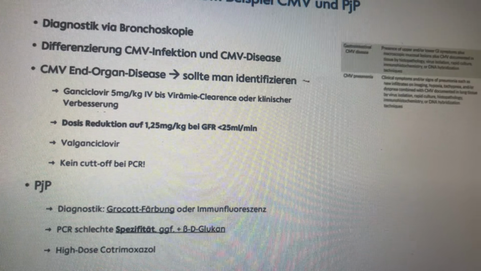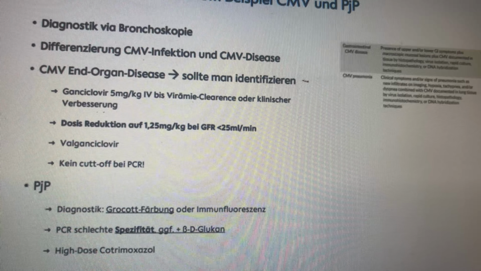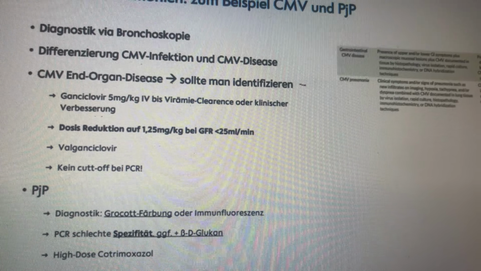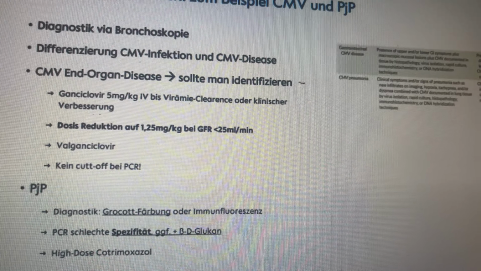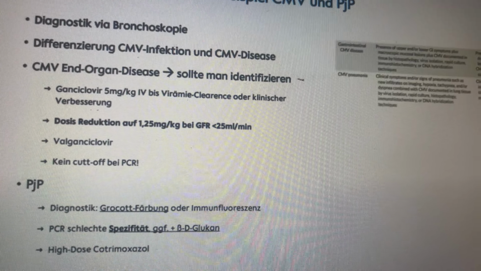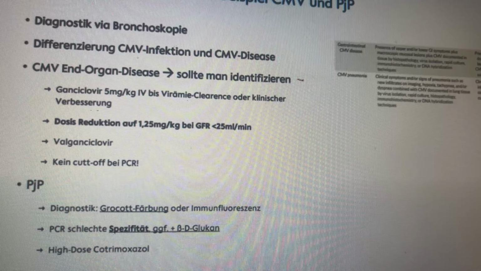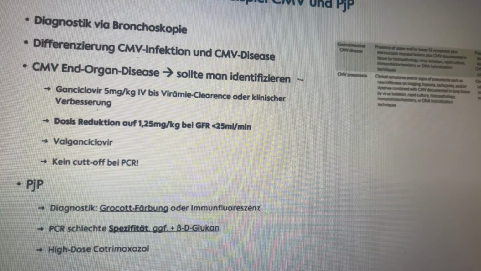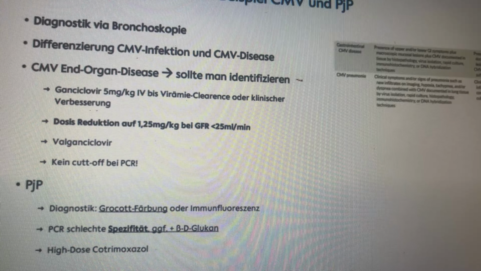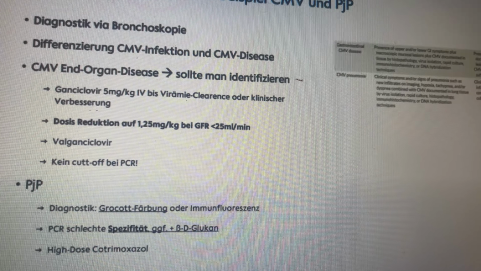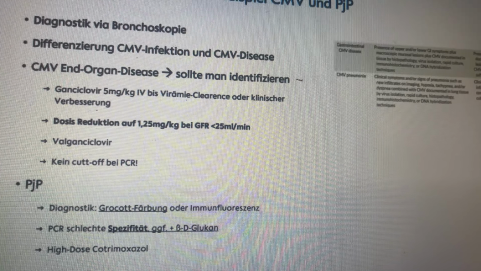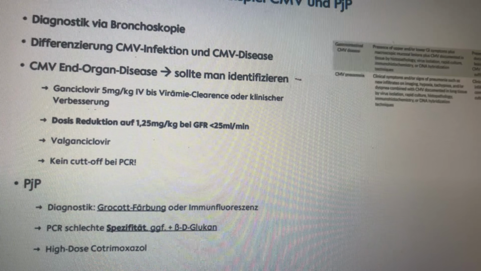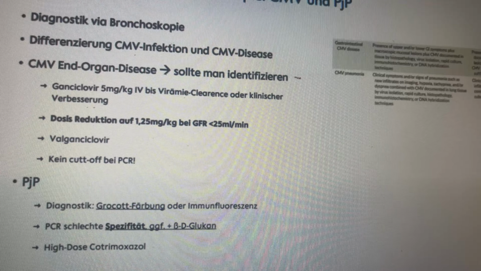PCR is not specific in that case. We have to do the diagnosis from the secretions we gain from the bronchoalveolar lavage, and the diagnosis is with Grocott stain or immunofluorescence. At the same time, in parallel, we can also go for PCR and beta-glucan, but it is not so specific. And the therapy is with